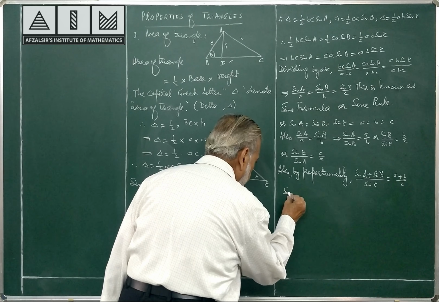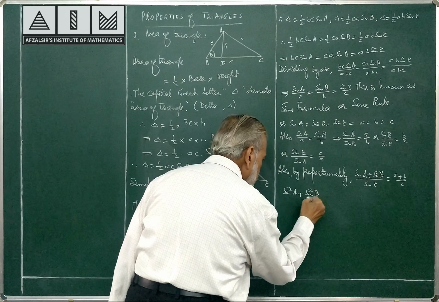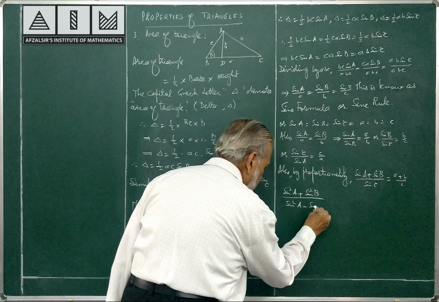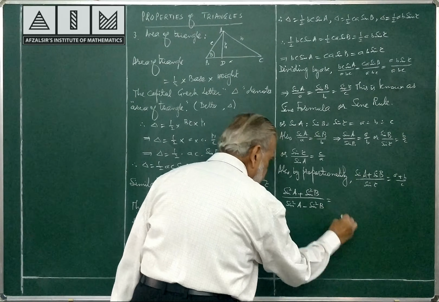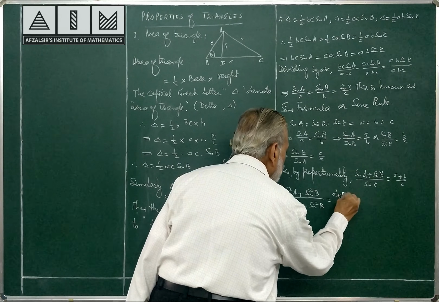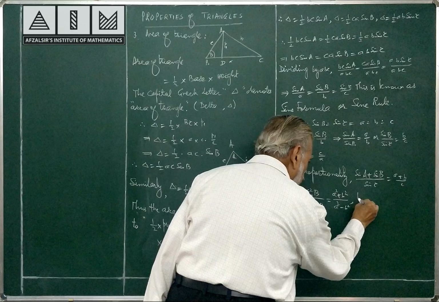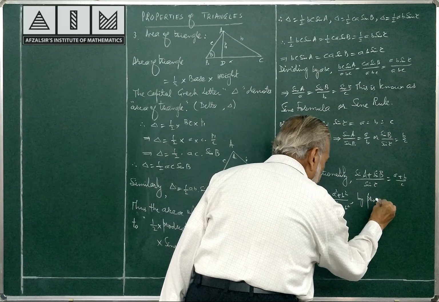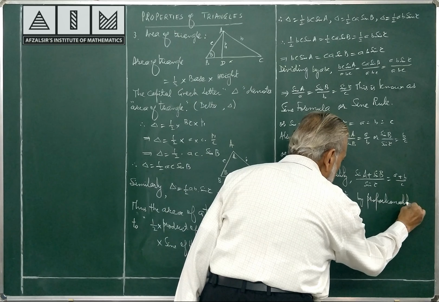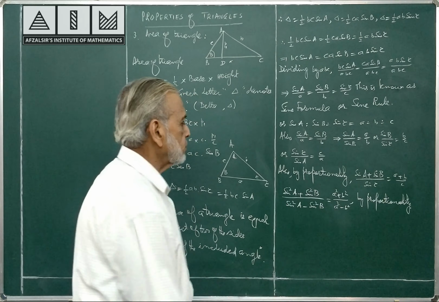Similarly, see here once again. Sin square A plus sin square B, sin square A minus sin square B. If it comes in any question like this, I will straight away write A square plus B square by A square minus B square. Once again, this is by proportionality, not that the values are substituted or values are taken. It depends upon the questions, how we use it. So many times in questions you will come across like this.